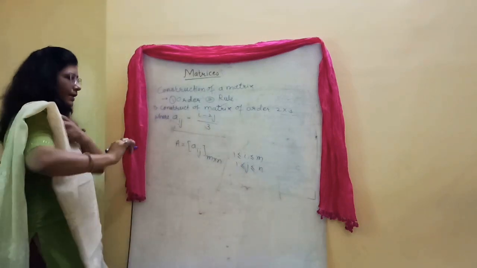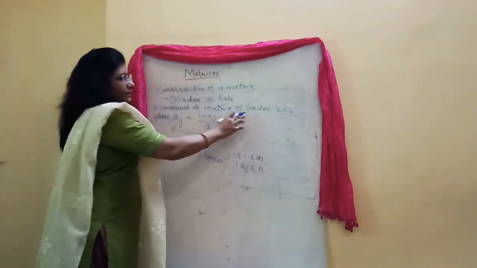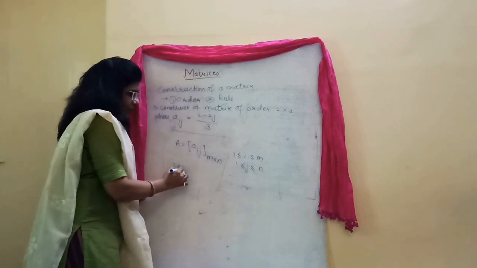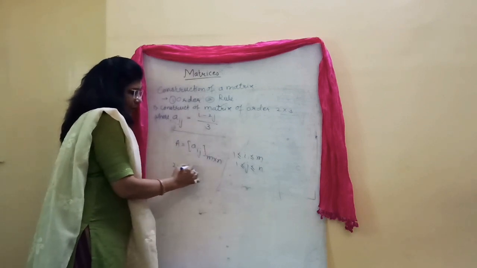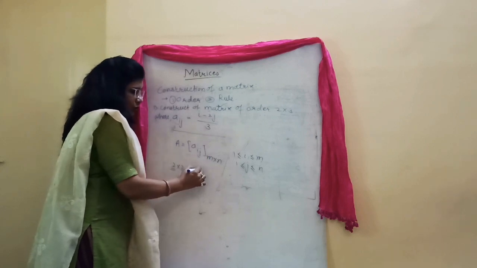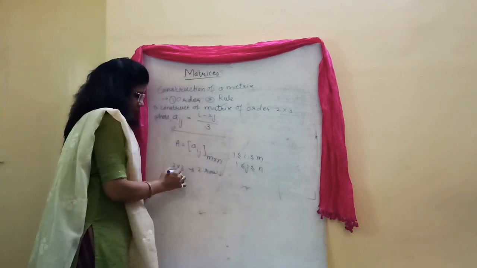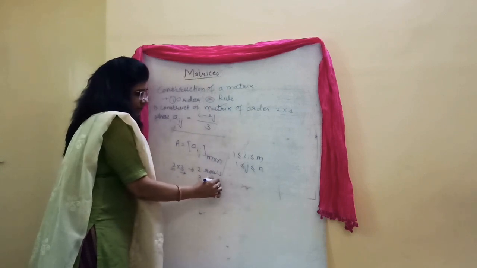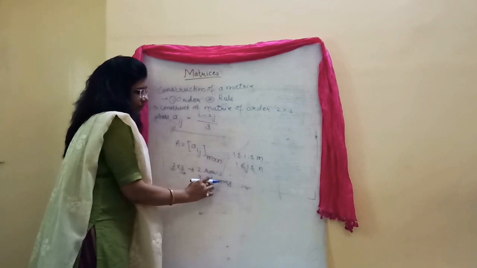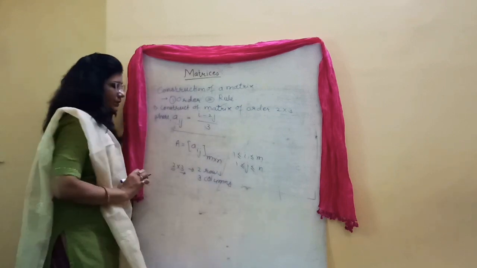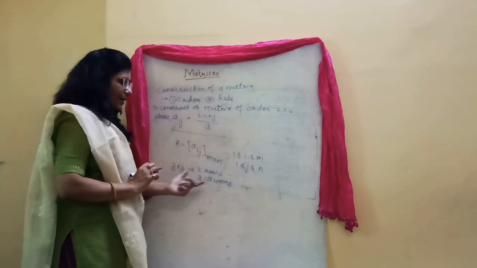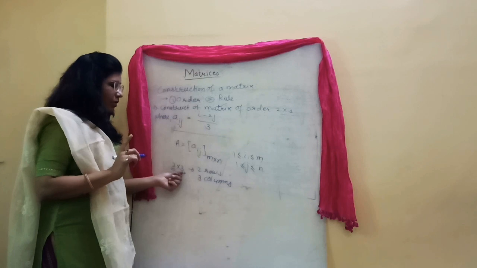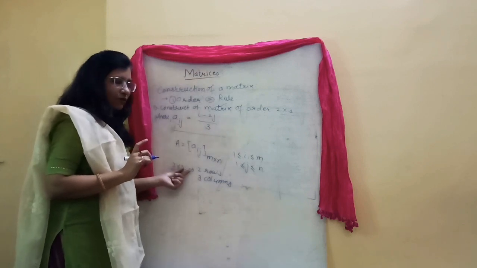Understood? Okay, so now here 2 by 3 is the matrix. The order of the matrix is 2 by 3. So how many rows are there? There are 2 rows. And how many columns? 3 columns are there. You should remember all these things while forming the matrix. So you have to remember that there are 2 rows and 3 columns, meaning m number of rows and n number of columns are there.